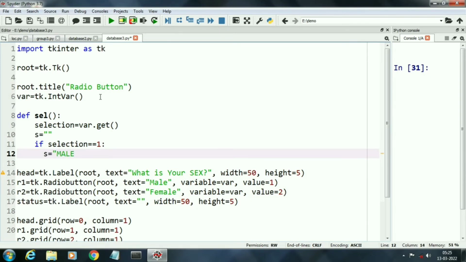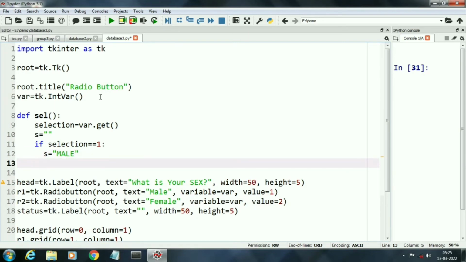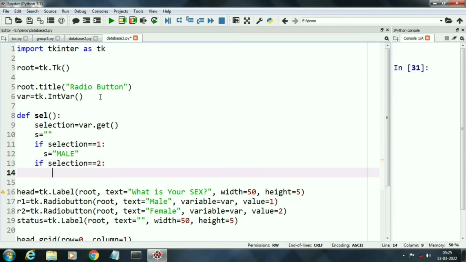So here I will write s equal to male string, and if selection equals 2, then I will assign s equal to female, and at last I will place this s in our status label.